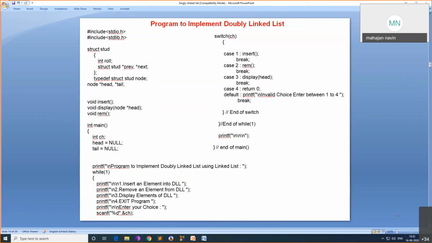Any questions? Any doubts? Please reply yes or no. Do you have any questions? Any doubt? Am I audible? Acha, am I audible clearly? I can see only 35 students today. Almost 25-30 students are not there.